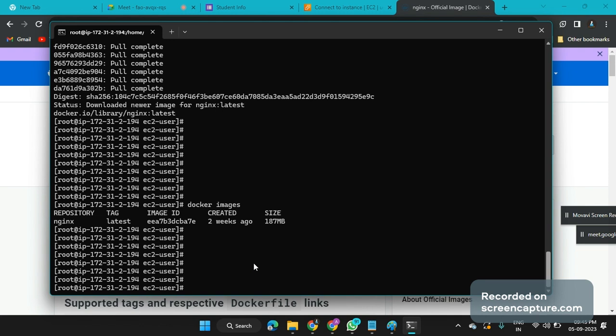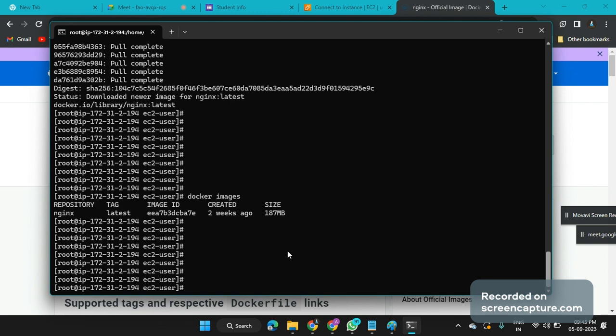Now, nothing but a container. So the container definition: a container is nothing but a running virtual instance of your application or of your image. Okay, so this image is here, and I want to run this image as a container. docker run